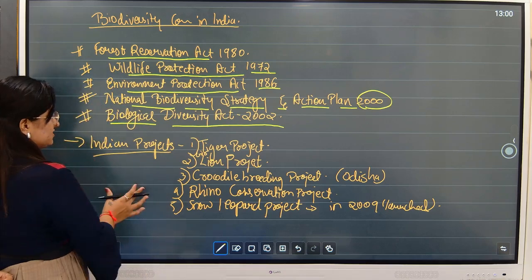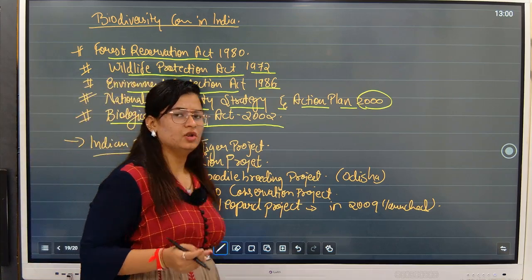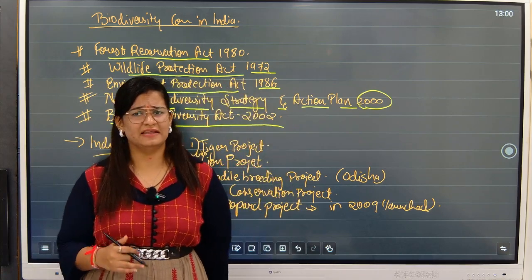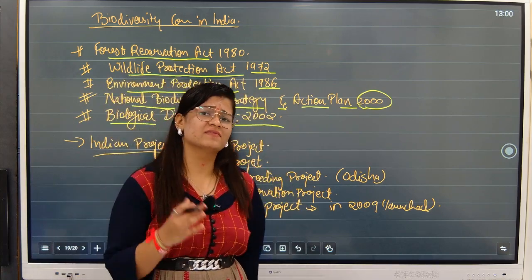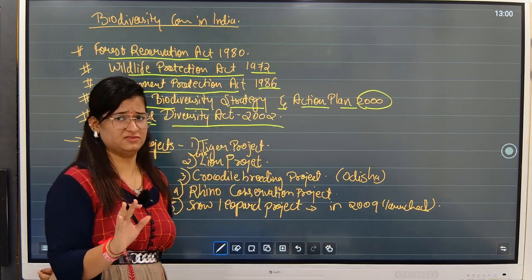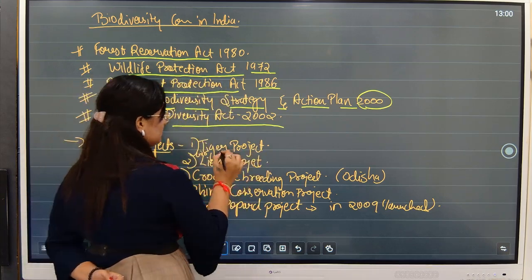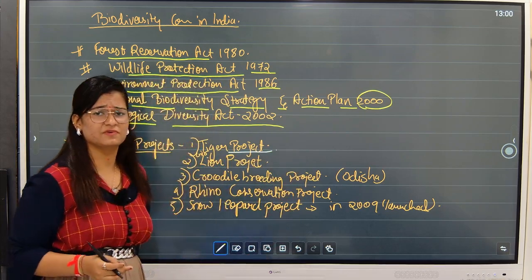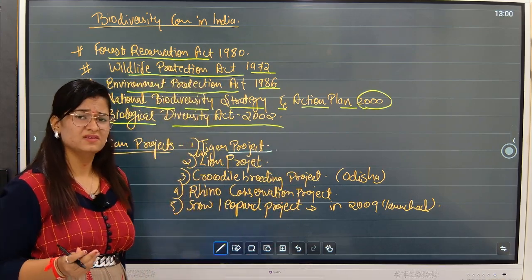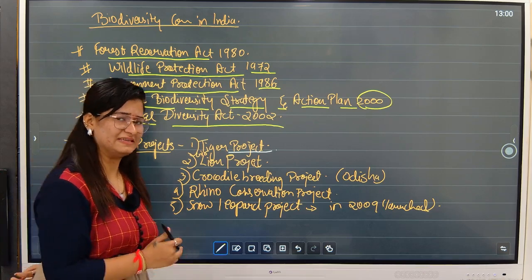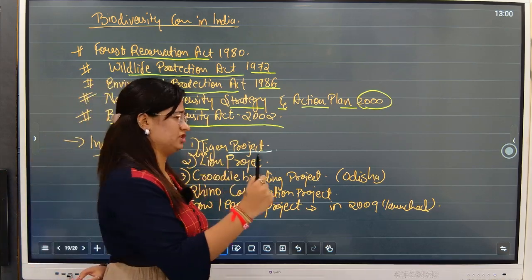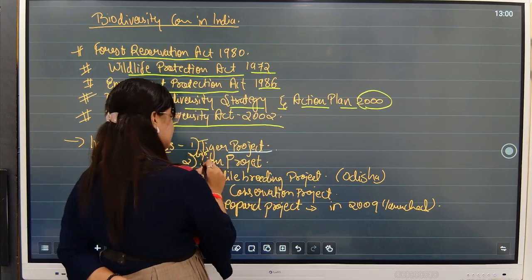Now, Indian projects are, because since we are having a lot of species which are getting extinct and are endangered and all, so we have come up with a lot of different projects. ठीक है, सबसे first project was Tiger project, जिसमें we are going to look for conserving them. Since tiger का number is constantly decreasing, that's why we have come up with that project. Then we have Gir lion project.